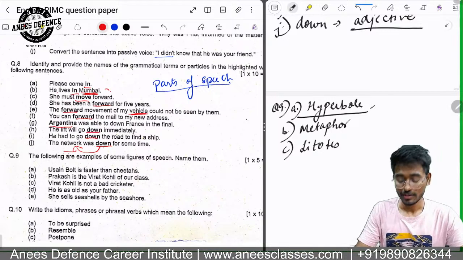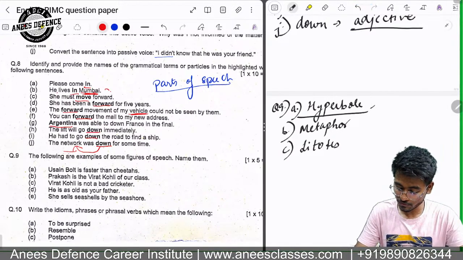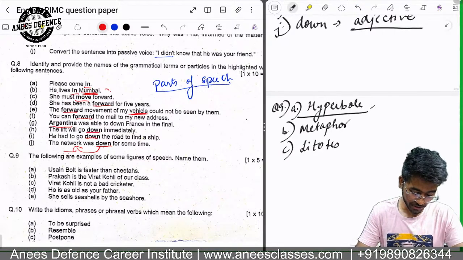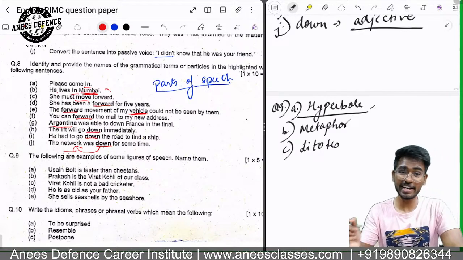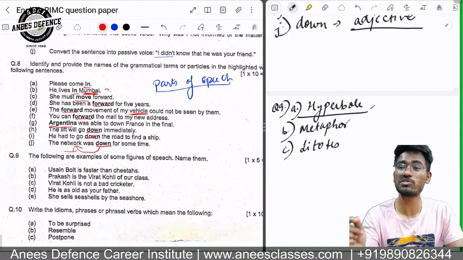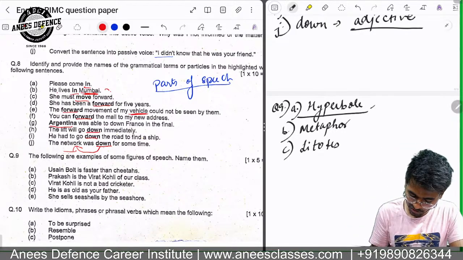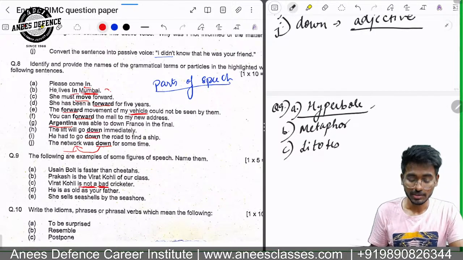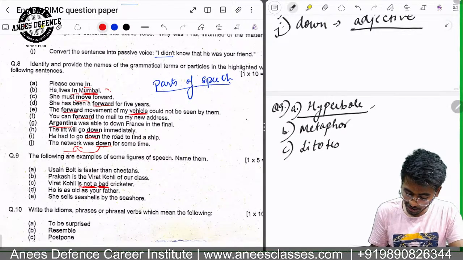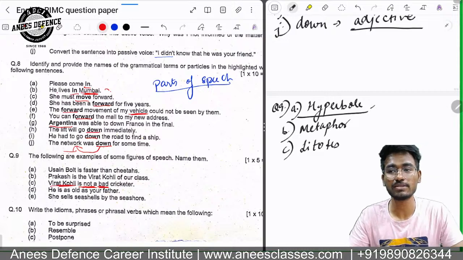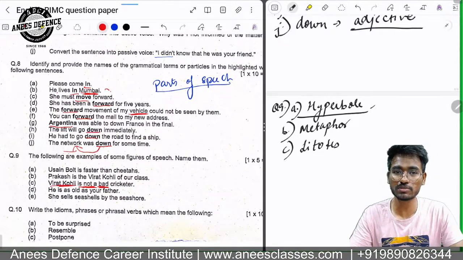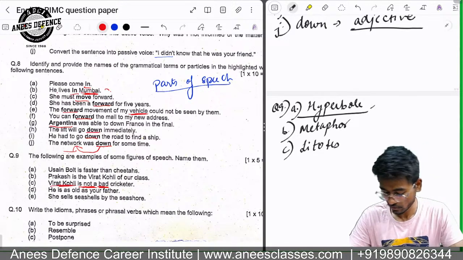The figure of speech litotes. Now, when do we use litotes? Litotes are used when we use a negative sentence to highlight the positive part of a particular person. Now, this sentence is negative. If you see, Virat Kohli is not bad. There are negative words in this, but we are indirectly making Virat Kohli positive by this sentence. When we do such a thing, we term that a litotes. Okay.